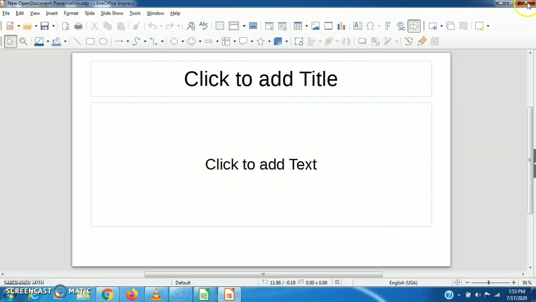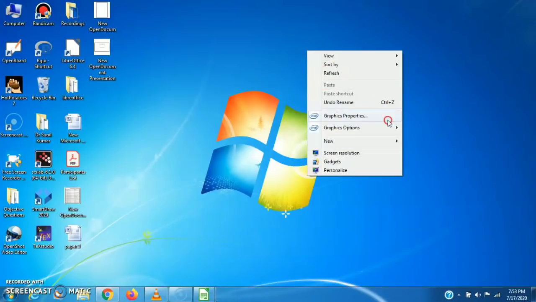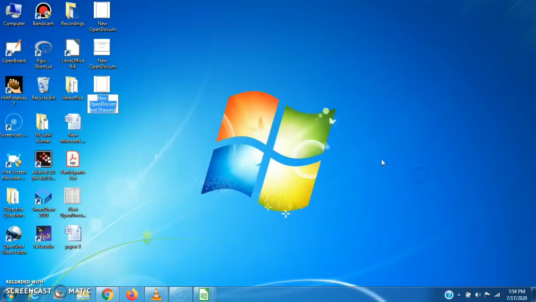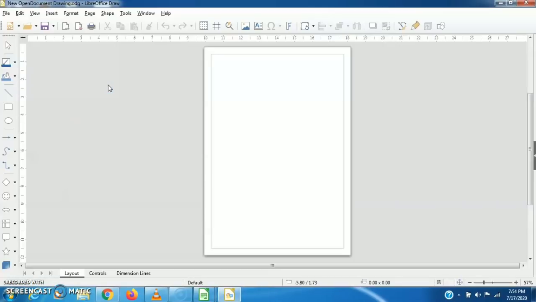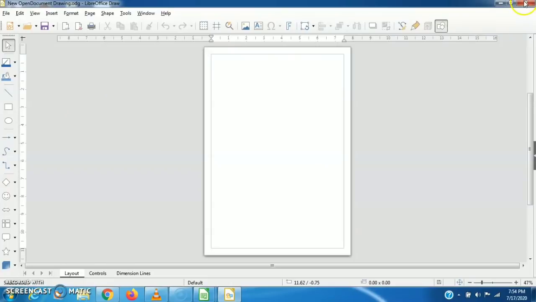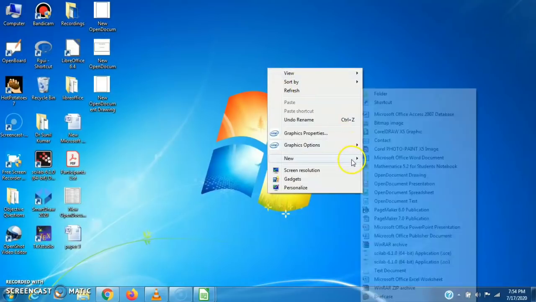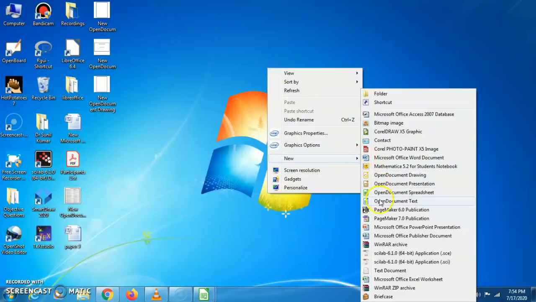If we want to make some drawing, then we click on open document drawing. Then this type of document will appear. We can draw anything here. Open document text we have already taken.